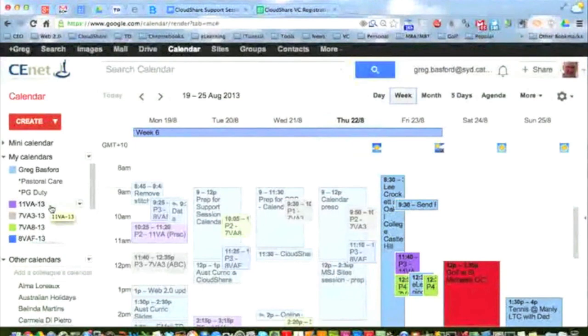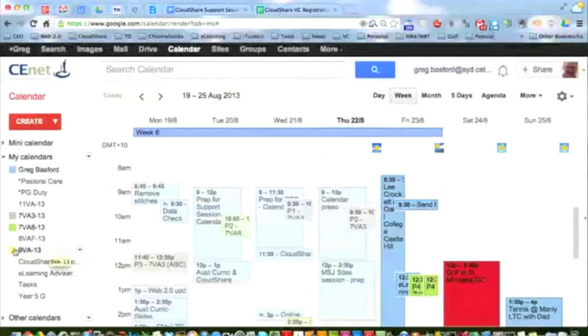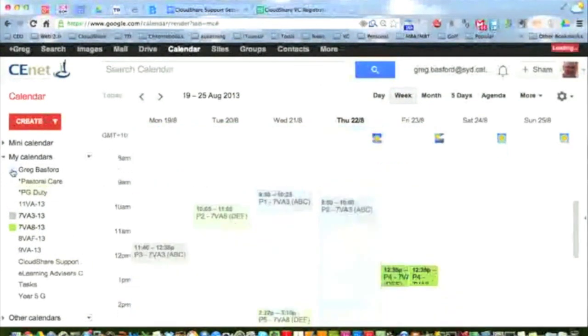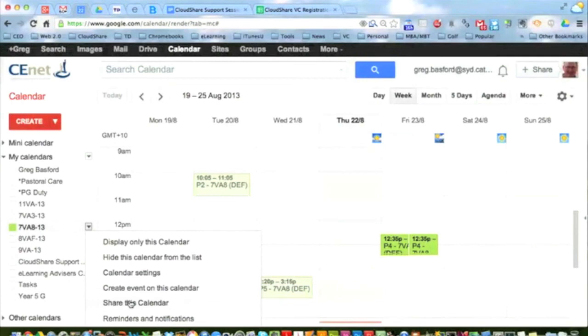Okay? So let's say I wanted to share, and I'll just collapse that so it's a little bit easier to see. I'll get rid of all of that My Calendar stuff, and I'll just focus on that 7VA8 calendar. So say I wanted to share this 7VA8 calendar with a student or a group of students. Then I can do this. I can go share this calendar,